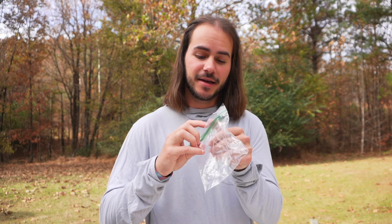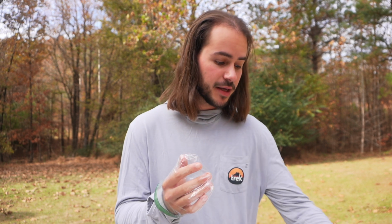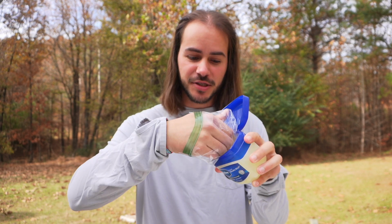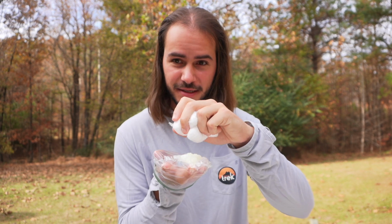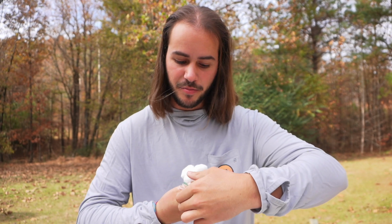So the first thing you're gonna wanna do is take your Ziploc bag and turn it inside out, like so. And now that you've got your bag inside out, with your hand placed in the bag, open up the petroleum jelly and get you a nice, generous scoop, as you can see. And the next thing you're gonna do is take your wad of cotton balls, place it on the bag of petroleum jelly, try and fold it back out,